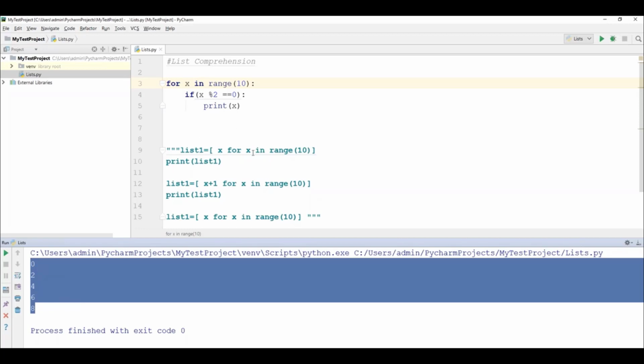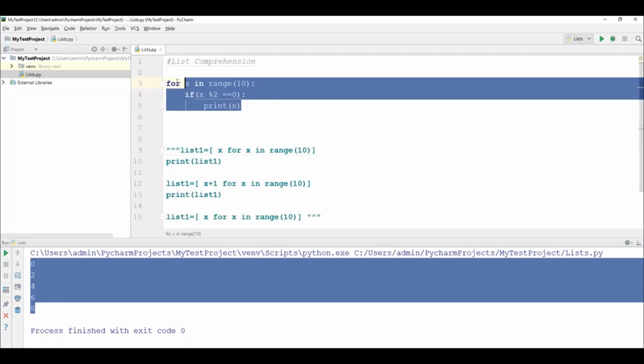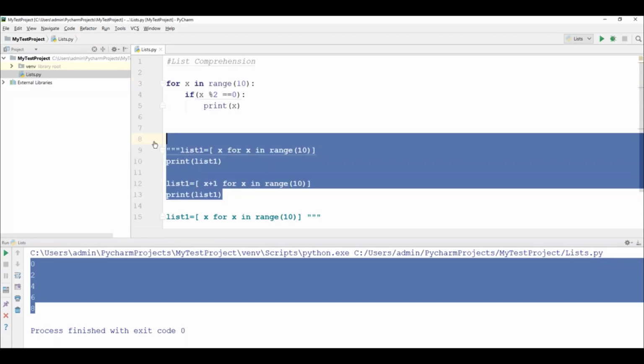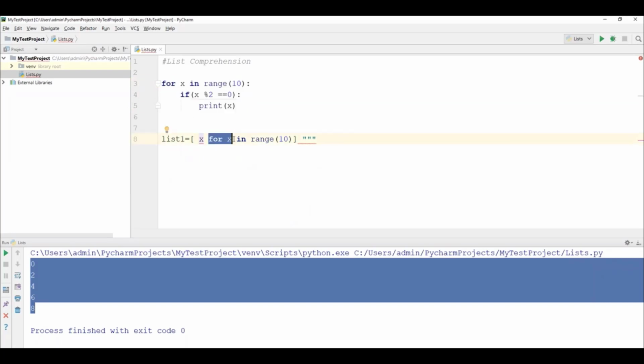Now what I want to do is put the same even numbers in the list. So I will write the same logic inside this list. Observe this carefully: for x in range 10, if x modulo 2 equals 0.